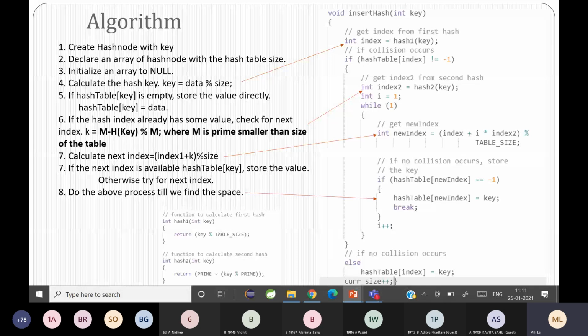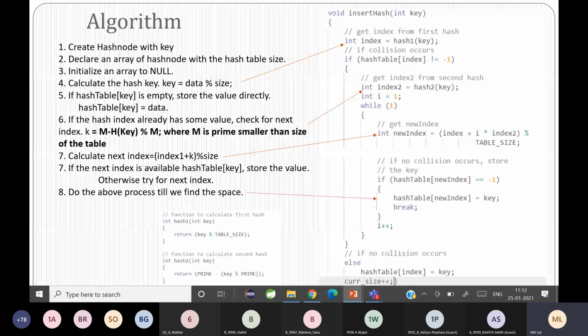Okay, then to find the new index, you wrote index plus i into index 2 mod table size. But here i indicates that if in case the second hash is not available, you will have to increment and find the next available position.